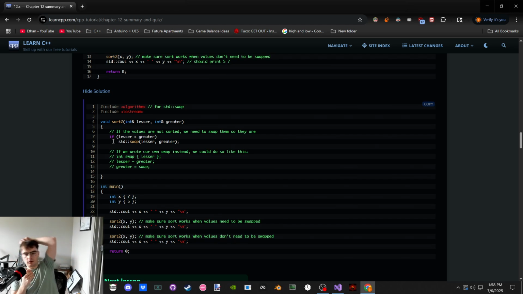So what? You add in the algorithm, but you don't have to create... Yeah, so it's a couple lines less. We don't have 2 empty braces here for the block. So it's 2 less. And we don't have to have a temporary variable, and we don't have to assign the value of the temporary variable to the other. We can just do the swap in one line. So it's 4 lines less, but plus 1. So 3 lines less, all just to include a header file.